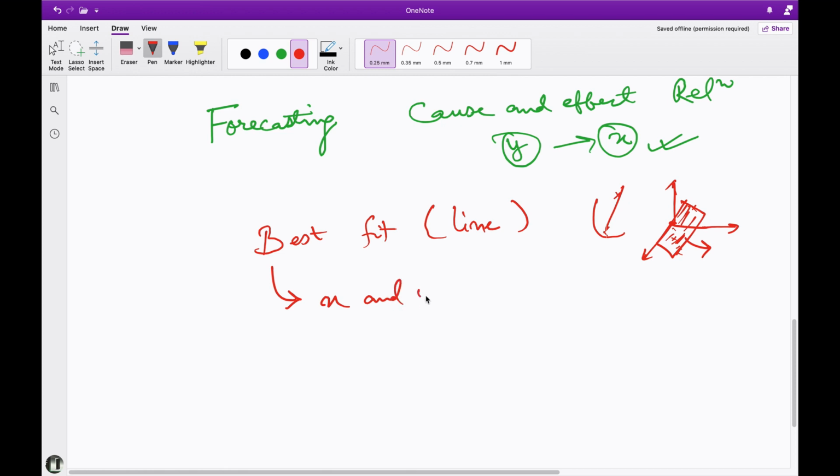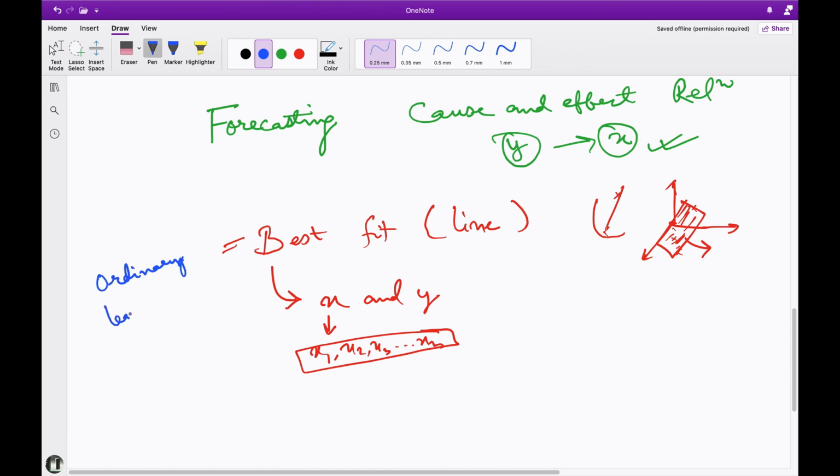Like how many x we have: only one x, or we have x1, x2, x3 up to xn, how many variables we have in input. So all these depend on these things, and this algorithm tries to find this best fit by making use of the ordinary least squares method. We say it as OLS, and here the term best is used because it is the best in the sense that no other position would produce less error given the choice of shape.